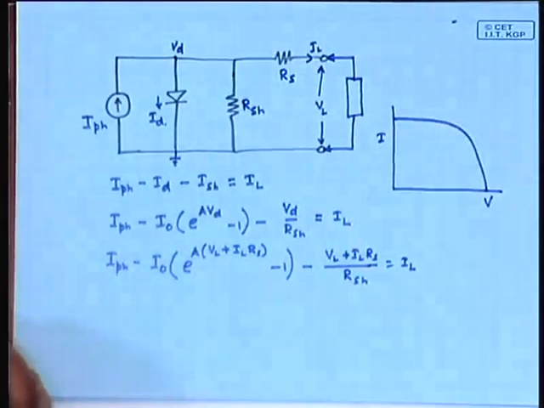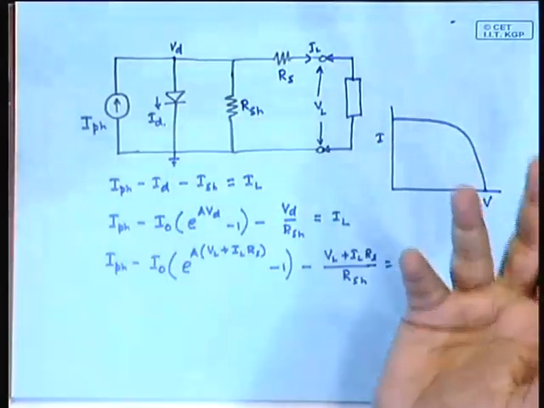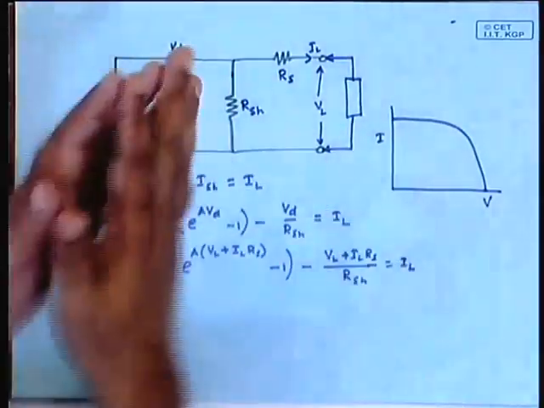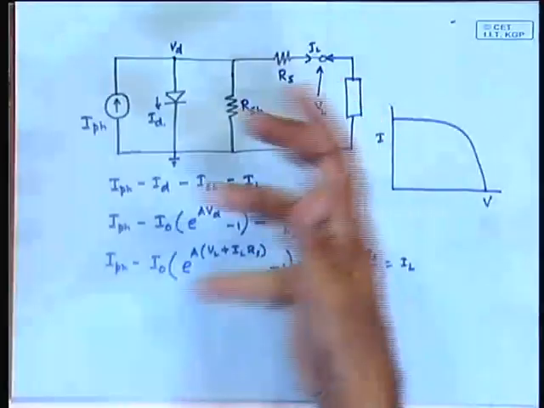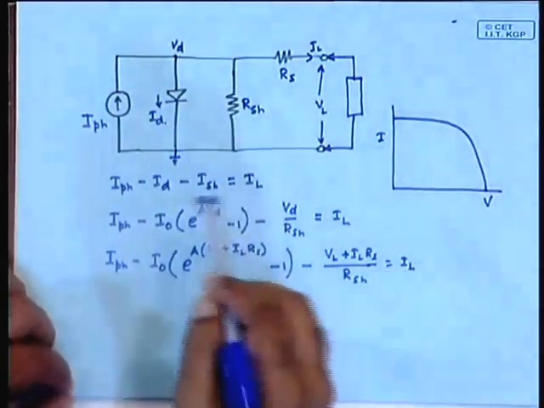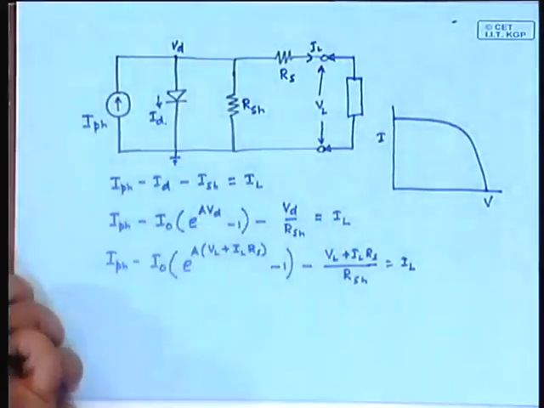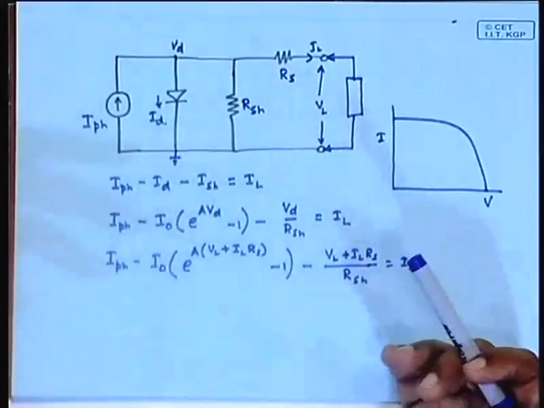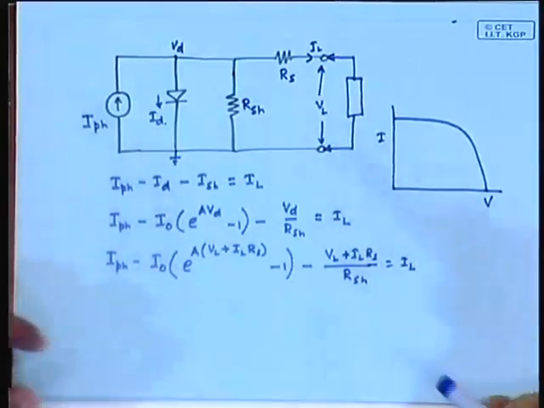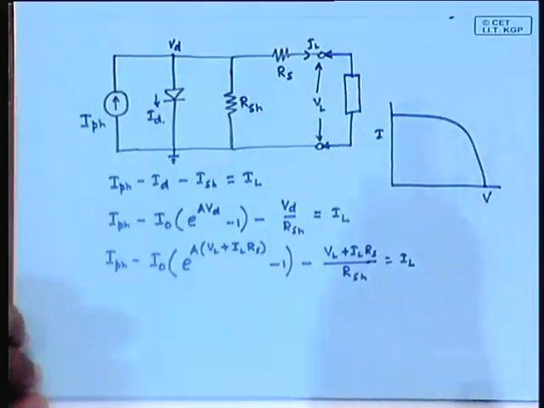What will be the effect as seen in the equivalent circuit? It will be reduction in RSH. Why? Because that increases the recombination. The charges that were separated recombine before they can pass through the load, because of the shorting. So, with age the series resistance goes up, the shunt resistance goes down, and as a result the efficiency of the cell goes down. Now, exactly what are the effects of these two? Let us try to figure it out.